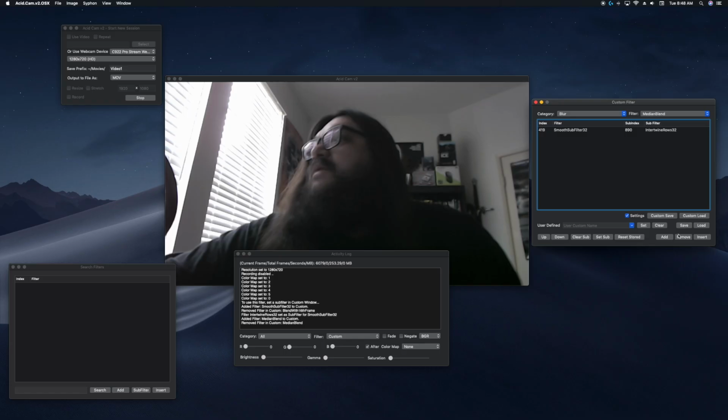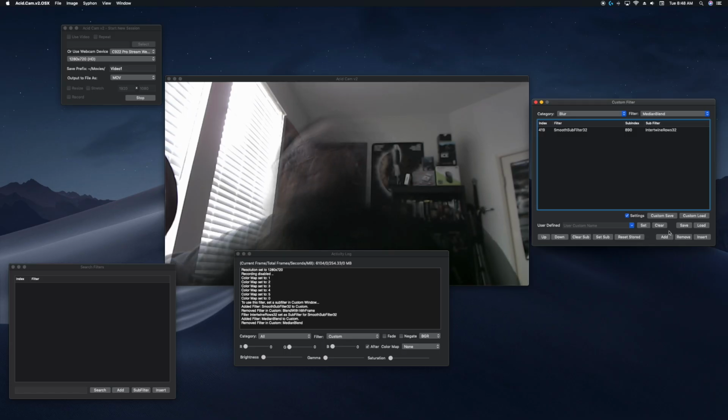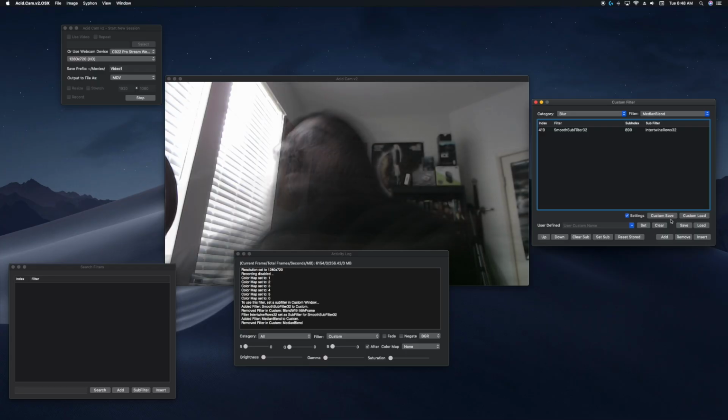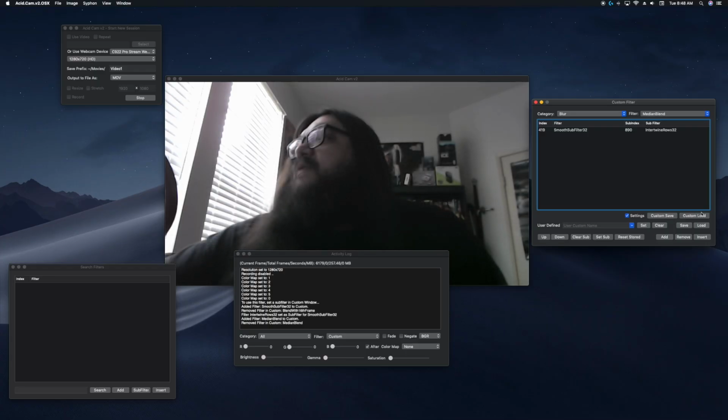So let's try moving that so we can see how it looks. You see, it's all smoothed and blurred. So, and what else is there? You can save and load custom filters. And let's